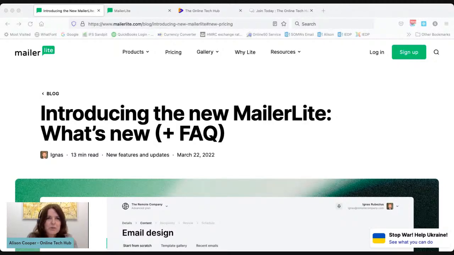Just wanted to pop on and talk about Mailerlite. Mailerlite is my preferred software for people just starting out on their online business. If they're looking to set up email marketing software, which I highly recommend you do, definitely you need to